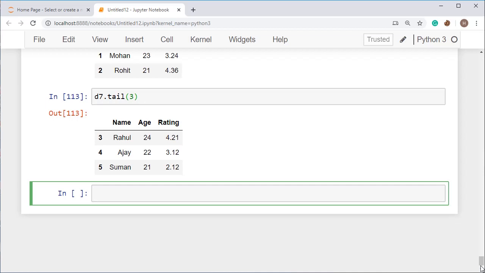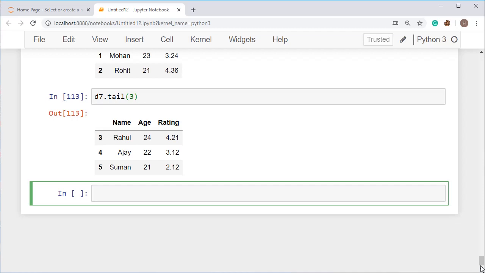Now I am going to show you the things which you will be working on in descriptive statistics. It will be quite difficult to understand, but just consider all the things. Okay, I am going to show you. A large number of methods collectively compute descriptive statistics and most of the other operations on a data frame, and the aggregations are like sum, mean. These are the few things which you will be working on here.